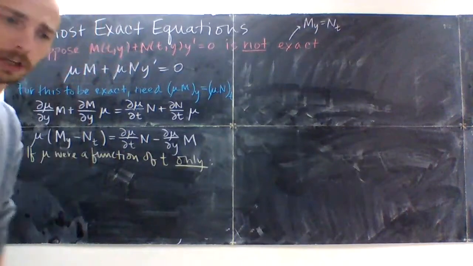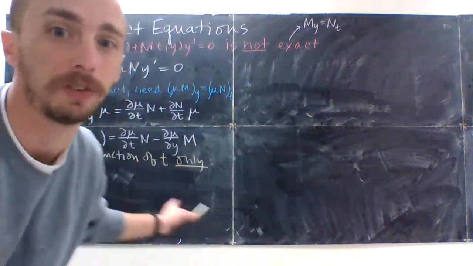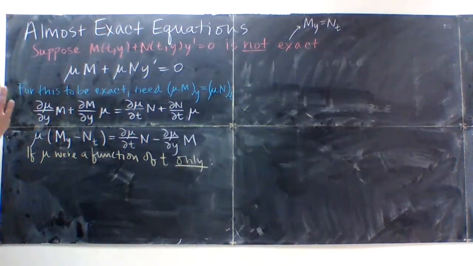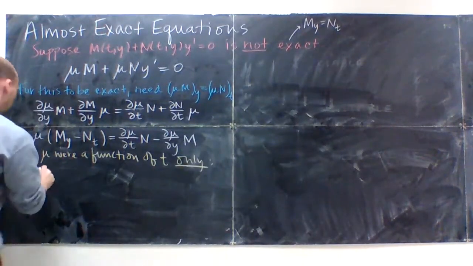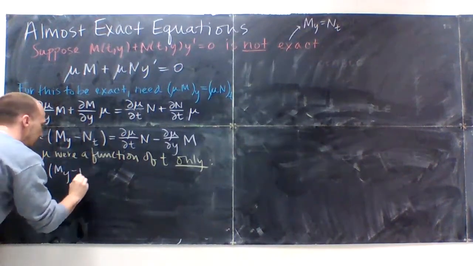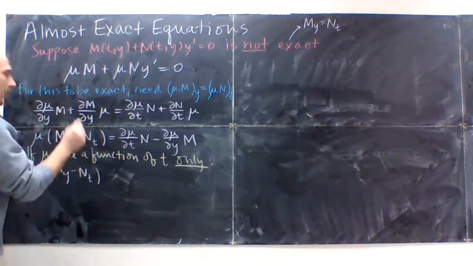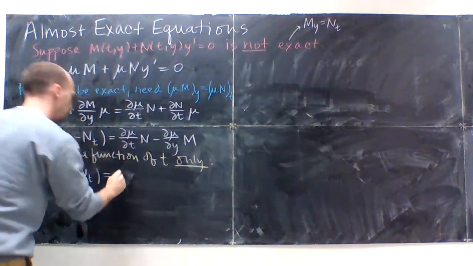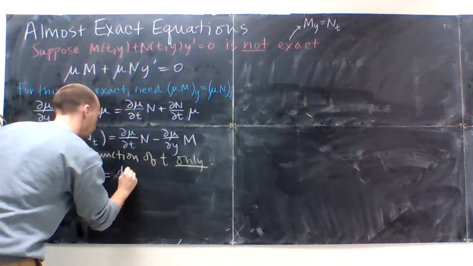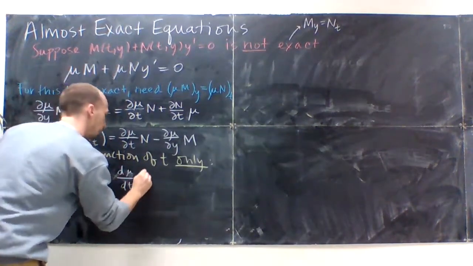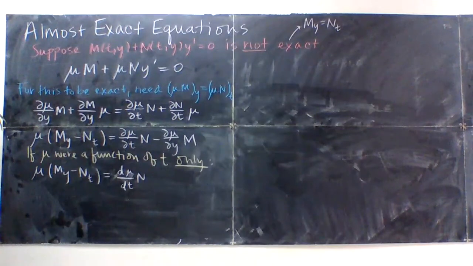And that'll be actually really helpful for us because that'll turn that into a separable differential equation, and then it'll be something we can solve. So I'll have mu times my minus nt, and that will be equal to, this is going to become the derivative of mu with respect to t times n minus 0. And then,